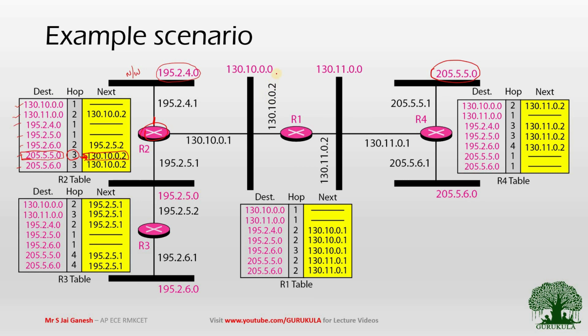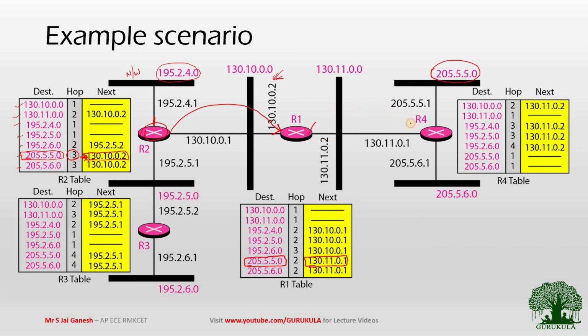Now the packet will be sent, and this is where the first hop happens: the packet is sent from this router to this router. Once the packet has reached this router, it searches for the destination 205.5.5.0, and this can be reached via this address,